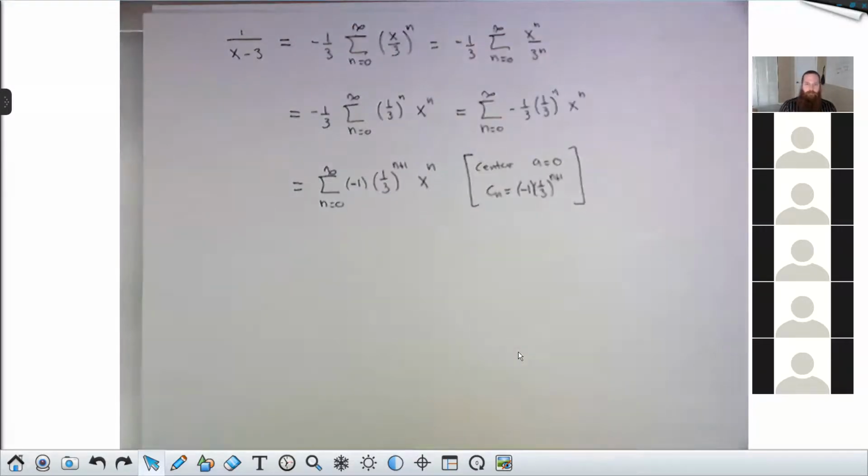Cool stuff, right? So this is the power series representation for this function. And if I graph the partial sums of this, just like we were doing on Wednesday, you would see the partial sums getting closer and closer to this graph the more and more terms I use. I am going to do that with a different series a little bit later,